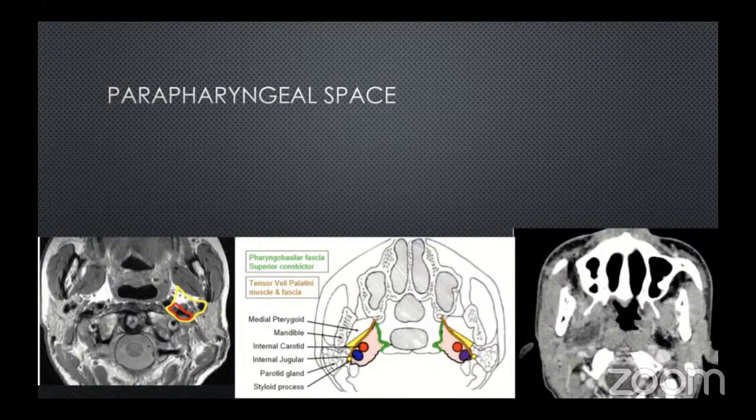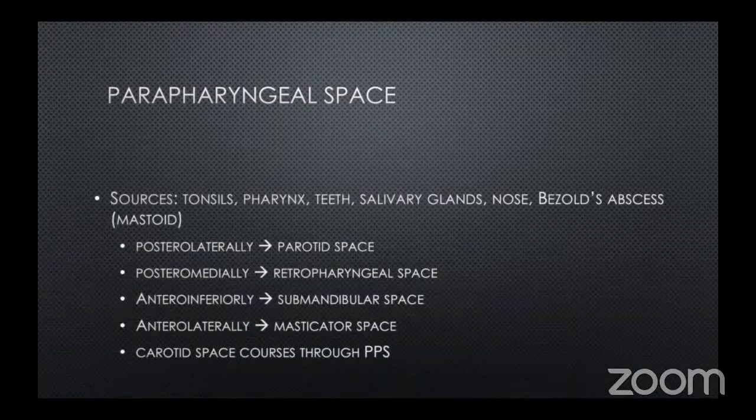The pre-styloid contains the internal maxillary artery, the inferior alveolar nerve, the lingual nerve, the auriculotemporal nerve, the deep lobe of the parotid, fat, and occasionally ectopic salivary gland tissue. The post-styloid space includes the internal jugular vein, the carotid artery, the sympathetic trunk, and also cranial nerves 9 to 12. Parapharyngeal space,